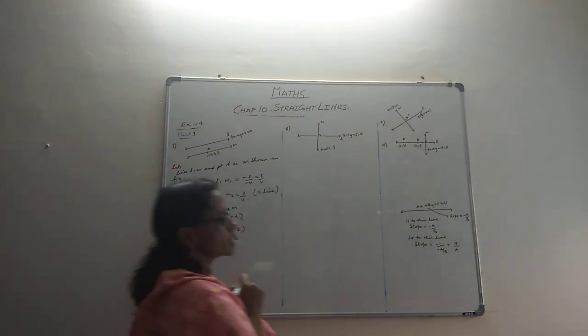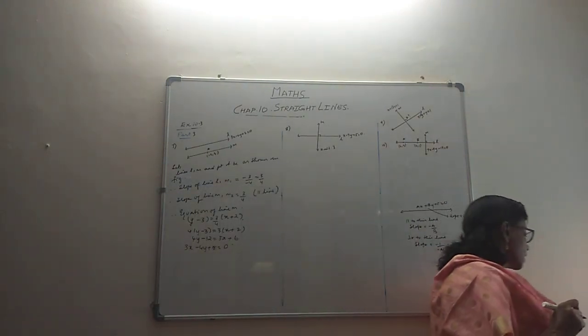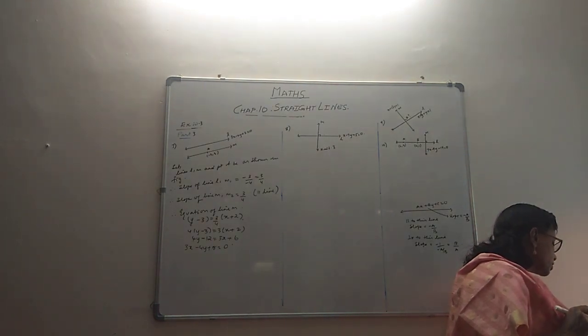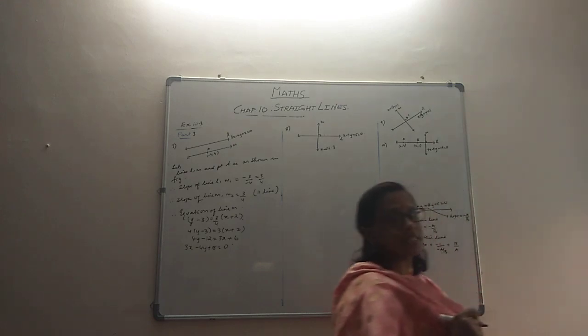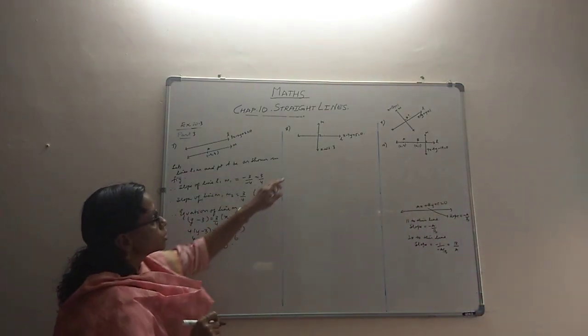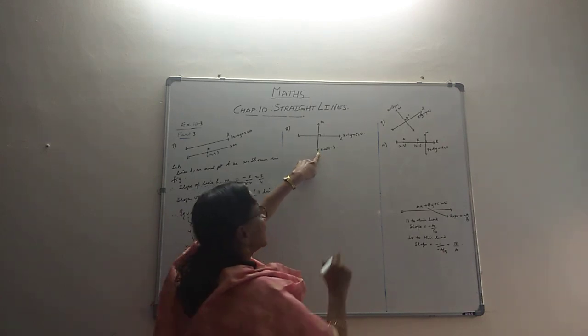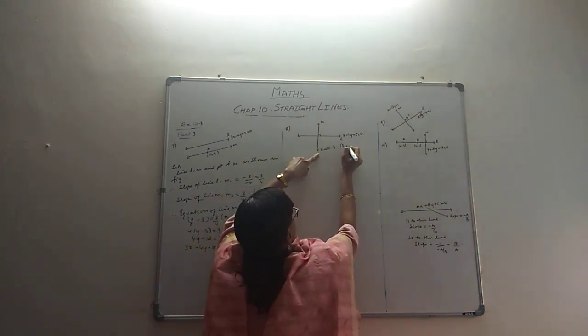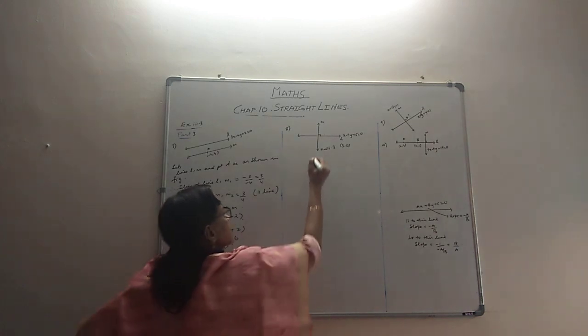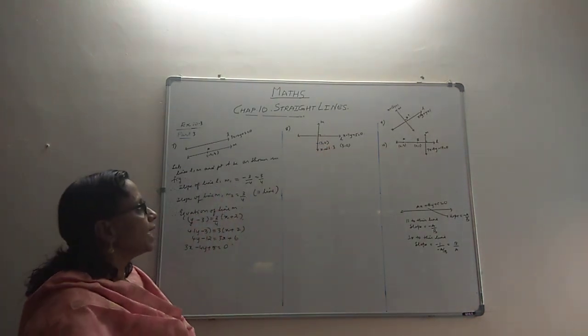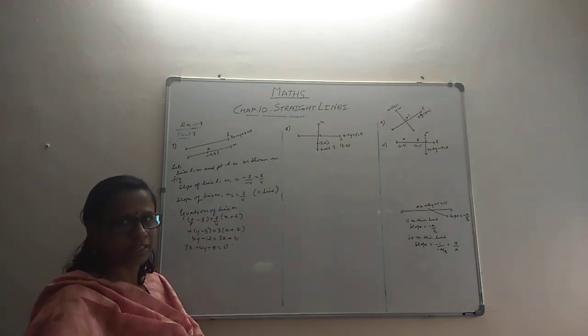Quickly we come to question number 8, that is also similar. It says find the equation of a line which is perpendicular to x minus 7y plus 5 equal to 0, and it is having the x-intercept as 3. So you have to find out the equation of this line M, which is having the x-intercept as 3, which means indirectly there is a point 3, 0 belonging to this. That's the meaning. Its x-intercept is 3 means 3, 0 is there somewhere in this line, and it is perpendicular to the given line, right?